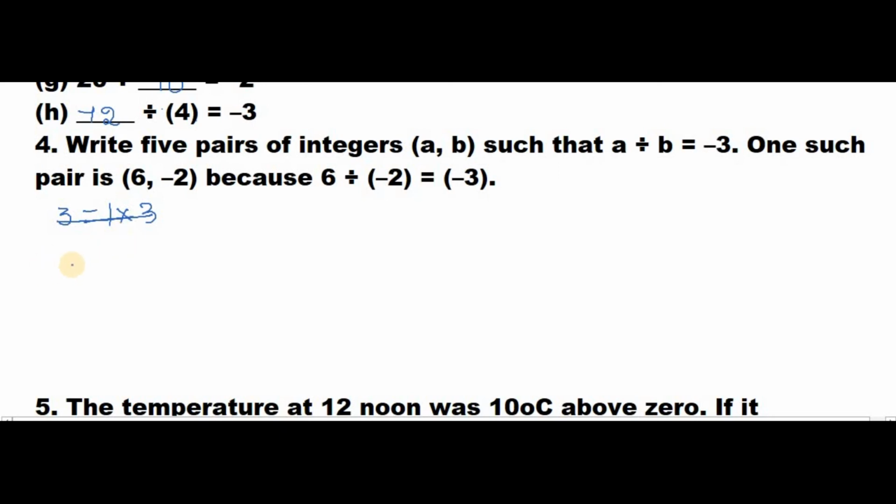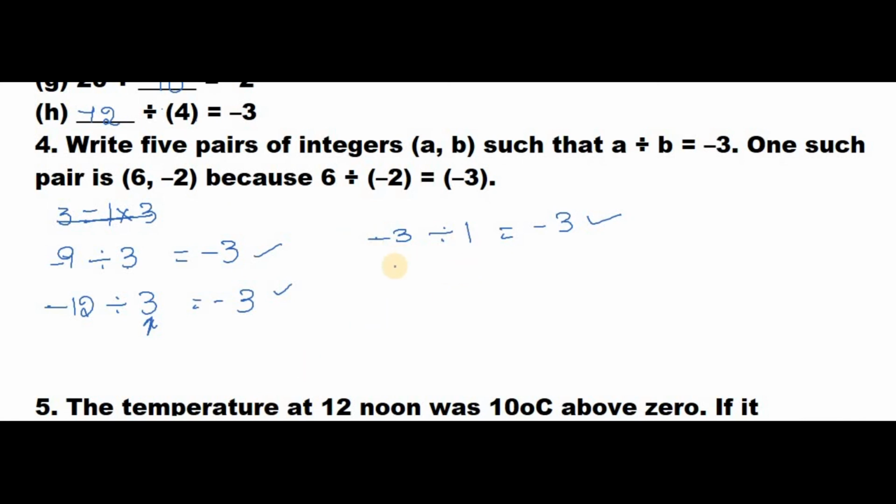Okay, any table we can go for: 9 divided by 3 and minus 9, then I'll get minus 3, because 3 3s are 9. In the same way you can go for minus 12 divided by 3 is equal to minus 3. Okay, if you are thinking that 3 should not come here, you can go for any other number like minus 3 divided by 1 is equal to minus 3. 3 pairs we completed. Like that we'll go for the next pair.